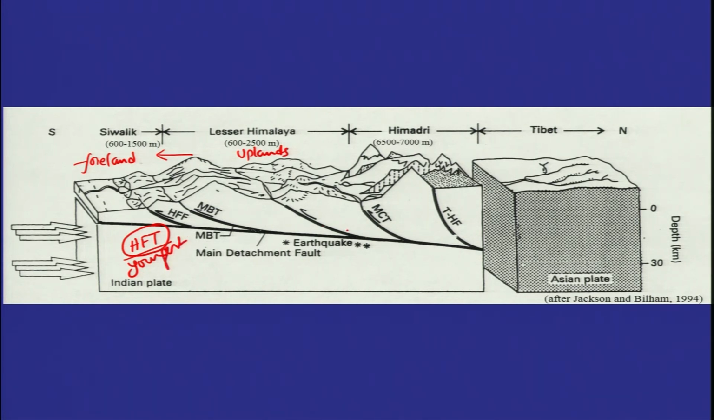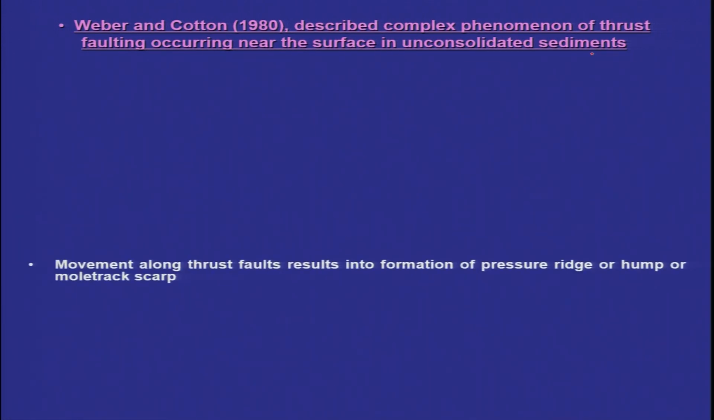in the Himalayas. Now this can be understood well by the model which was proposed by Weber and Cotton in 1980, describing the complex phenomena of thrust faulting occurring near the surface, mainly in unconsolidated sediments. What it suggests is that the movement along the thrust fault results in the formation of pressure ridges or humps or mole track scarps. First we have movement along this fault, then you will be able to see a development of a pressure ridge or a mole track, and then second,